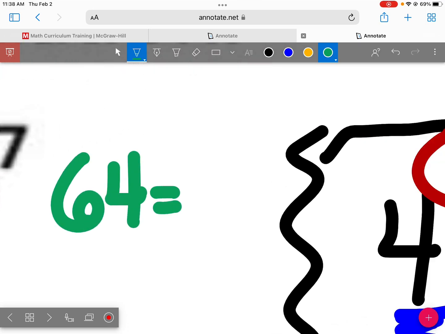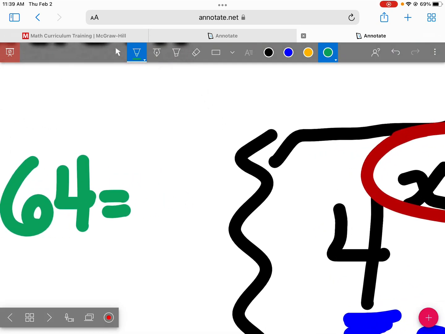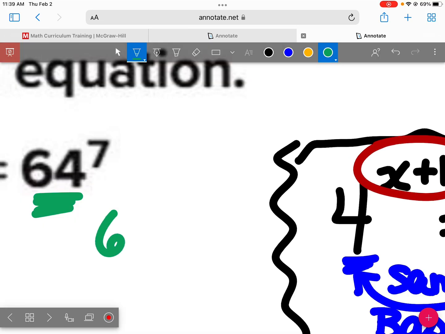64 is equal to... we want to try to rewrite this as something to a power so that I can make those bases match. Wait, no, that's not right. What are you thinking? I was going to say 4 to the 16th power, but that's not right because you're multiplying. Ooh, I like your idea though. You said this is 4 times 16? Yeah. Let me write that a little bit better. So 64 is equal to 4 times 16, which is not 4 to the 16th power, but I think we're